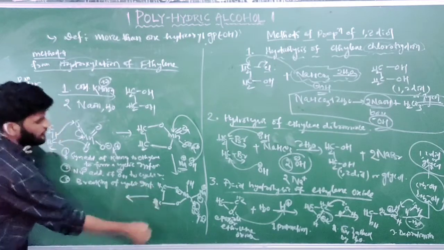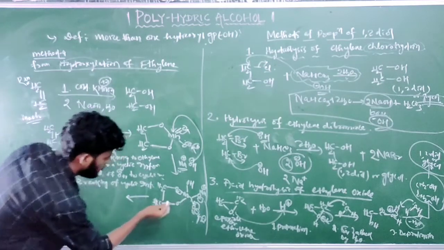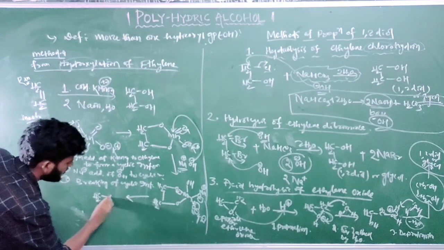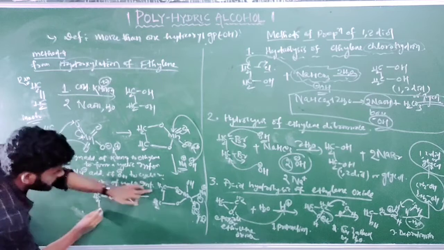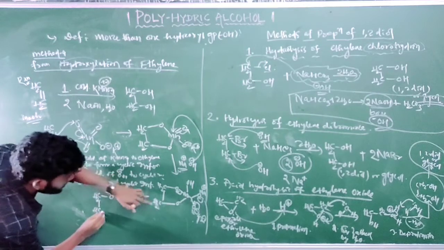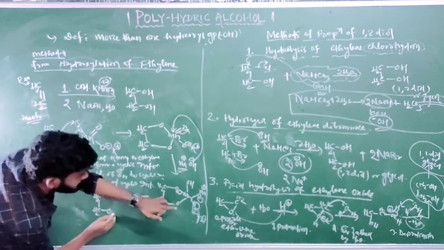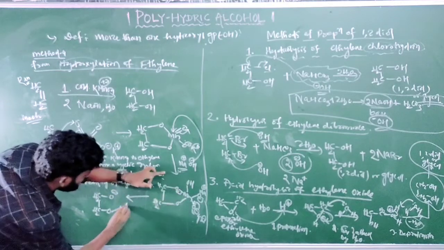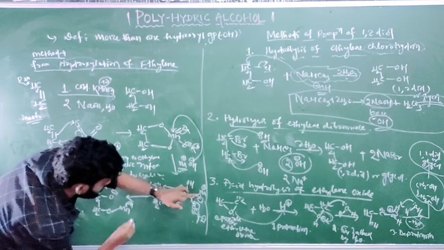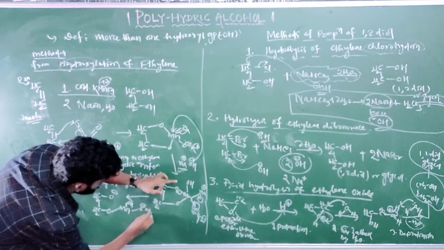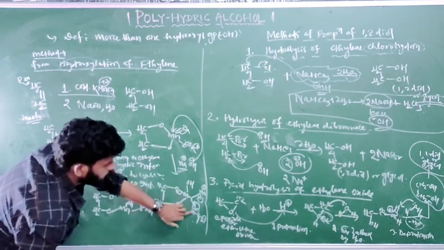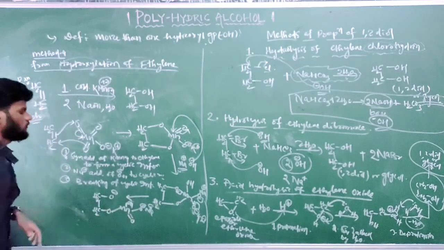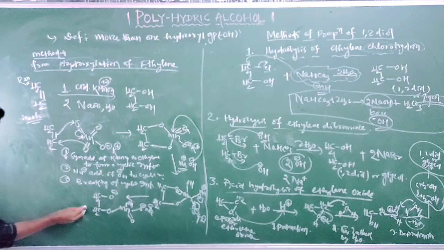The cyclic intermediate breaks here. So what will it form? CH2 and oxygen, over oxygen there is a negative charge O-, and this CH2 is attached to this CH2. This CH2 is attached to oxygen, and this oxygen is attached to manganese, and manganese is attached to OH here, and O- Na+ here, and here the manganese-oxygen double bond will form. So step 3 is complete. Next, step 4.